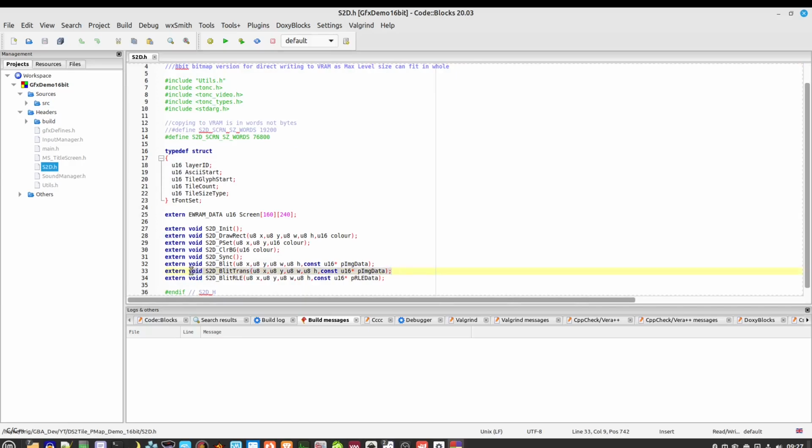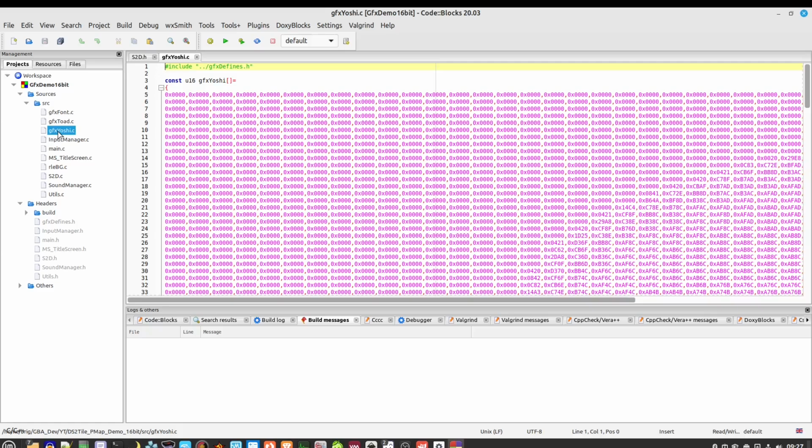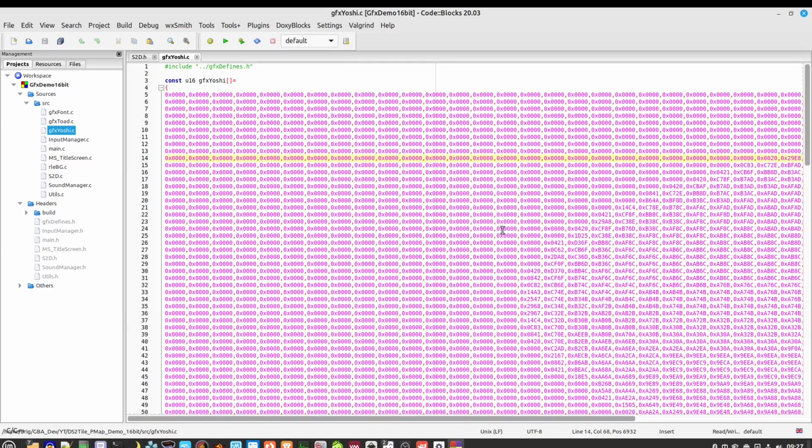So here we go, this function here. What this will do is, if it finds color 0, so I'll shoot a graphic here. So this is Yoshi here. So if it finds color 0,